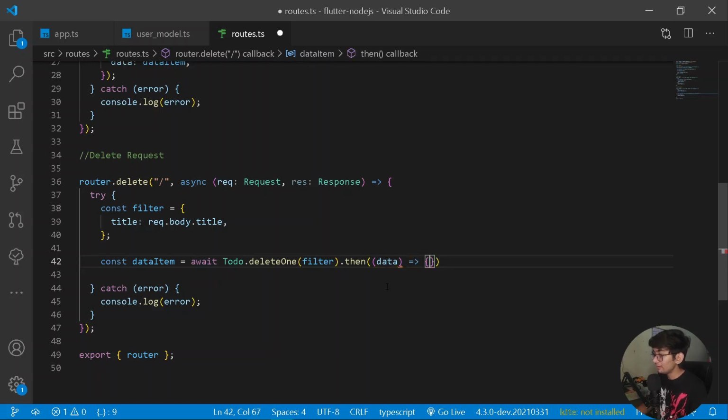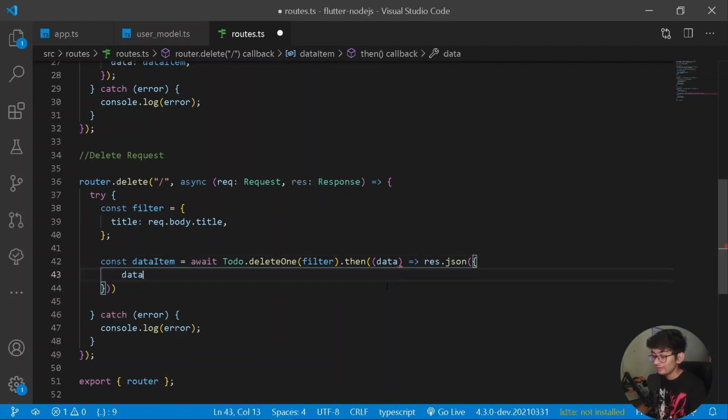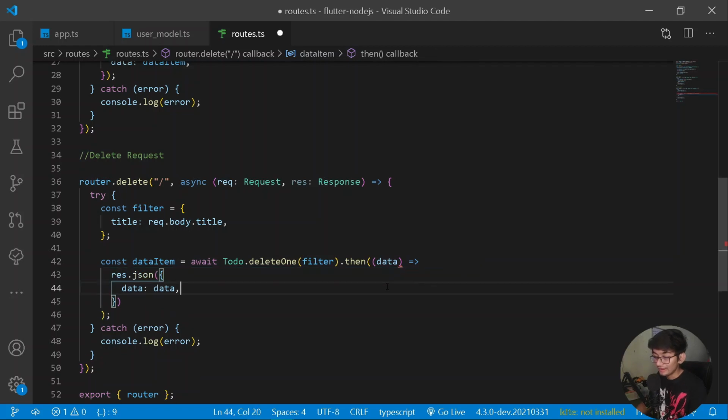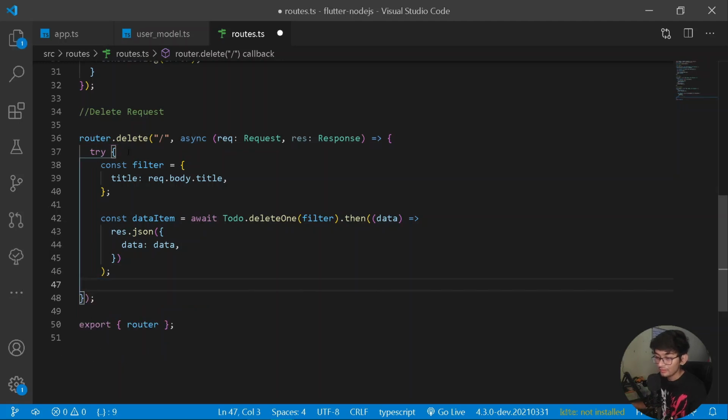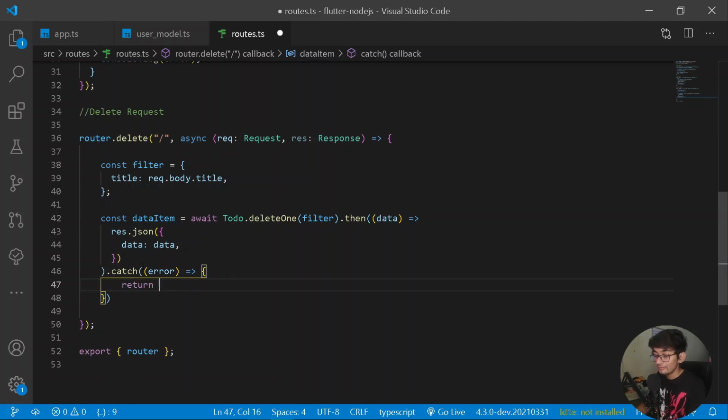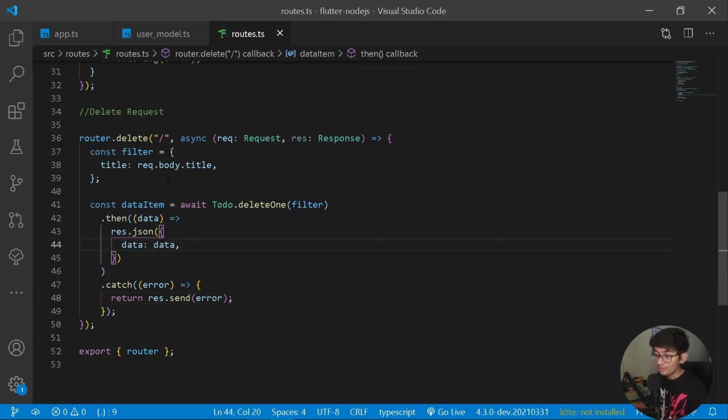So for that purpose, let's create a new method of response.json, and under this we should be sending the data that we have received, which will be data itself. And here you can also do one thing, remove the try catch block from here. Let me do it. And here you can catch the error from this side as well. So I can simply say catch error. Let's say catch a new error. And once we have got the error, we can throw a new arrow function. And under this, we can simply return a response of the error. So here let's say response.send the following error. Format document first. And now let's try it out.